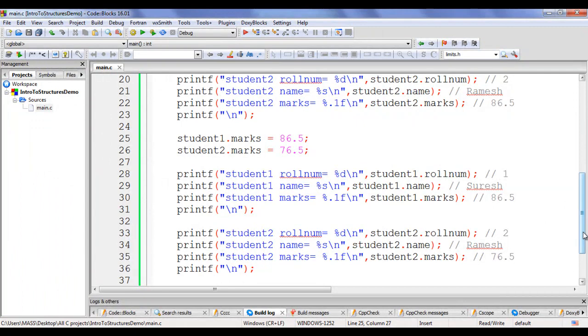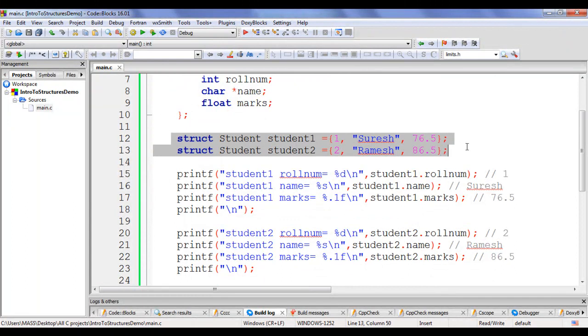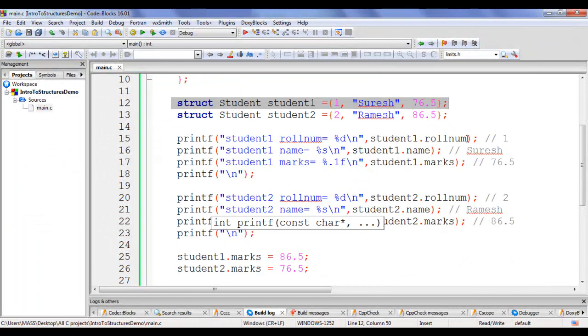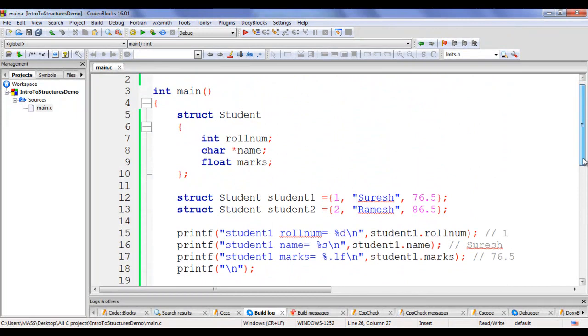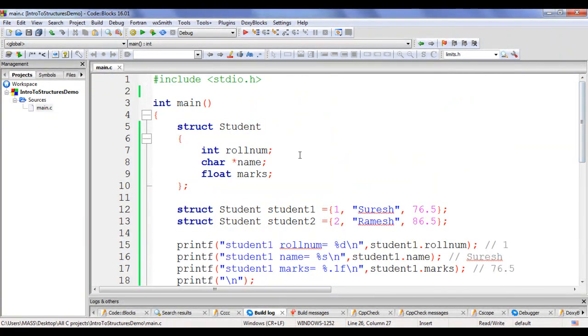I hope you guys have clearly understood how we define a structure, how we declare and initialize a structure variable, what happens inside the memory, how we access members of a structure variable, and how we set values to members of a structure variable. I think for this video tutorial, this much is enough, friends. I suggest you watch this video again and again, and understand everything clearly. Try this code yourself, experiment with more examples, try to create some other structures, try to create variables for them, try to access members of these structures, etc.